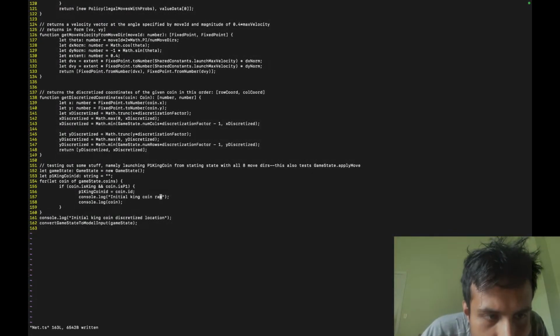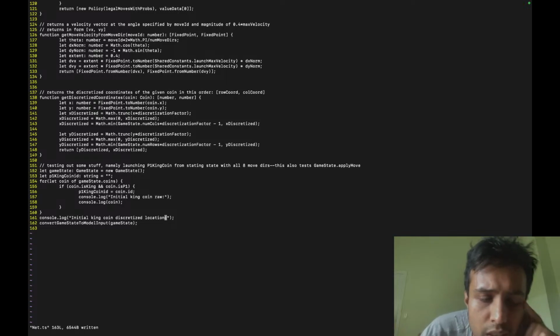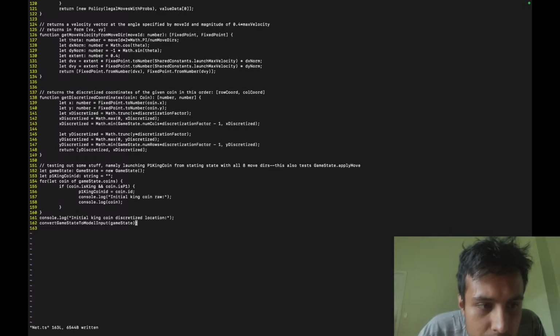Okay, so that's the JSON, initial king coin discretized location. Okay, good. So now what we want to do is let move, or move for p1, or just move, equals to